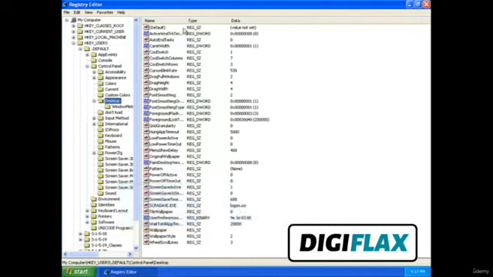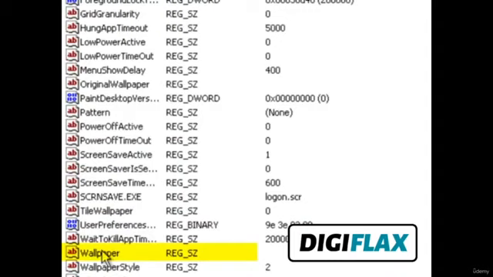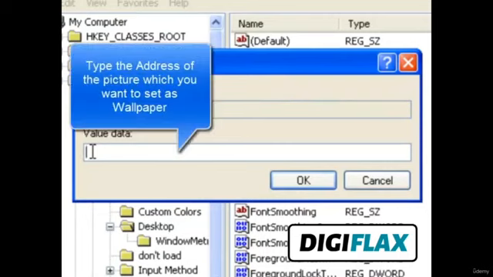Here various keys are given. From these keys select Wallpaper, and here we have to give the address of the wallpaper which we want to set as our logon screen.